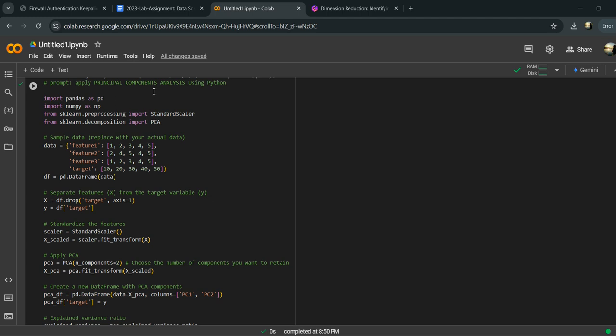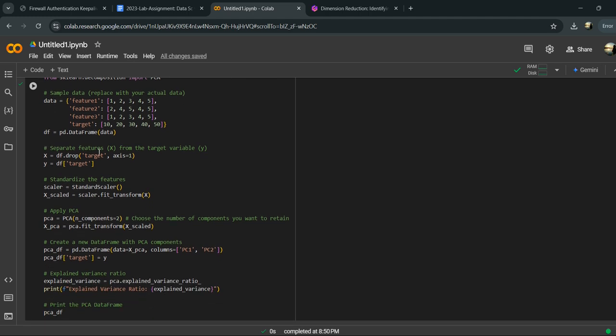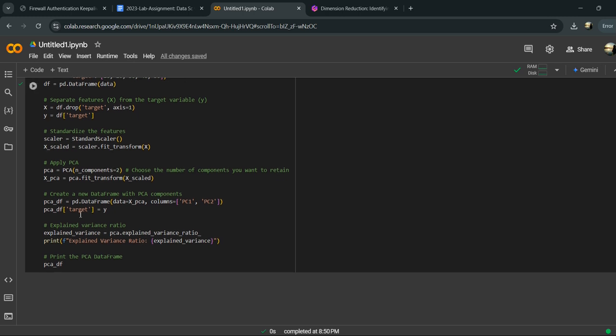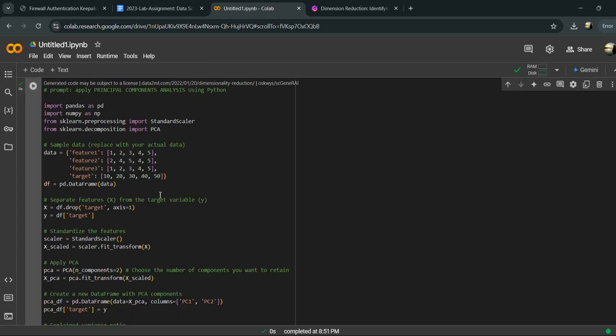And this is the code to apply principal component analysis using Python. First, we import libraries. Here I have taken sample data. You can replace it with your actual data. For separating features from the target variable, we use this command. Then we standardize the features by using those commands. These are the commands to apply PCA. Now we create a new data frame with PCA components and then the explained variance ratio and finally print the PCA data frame. So on running this program,